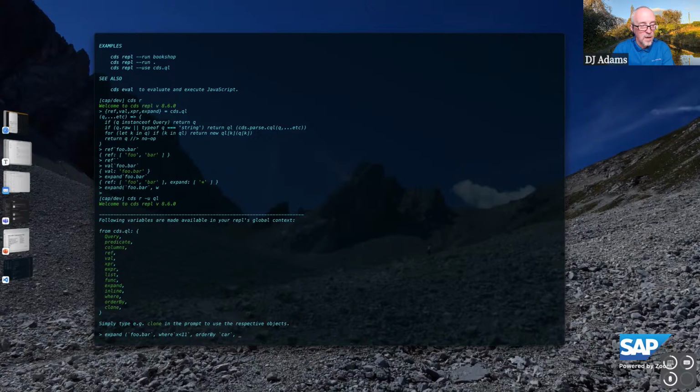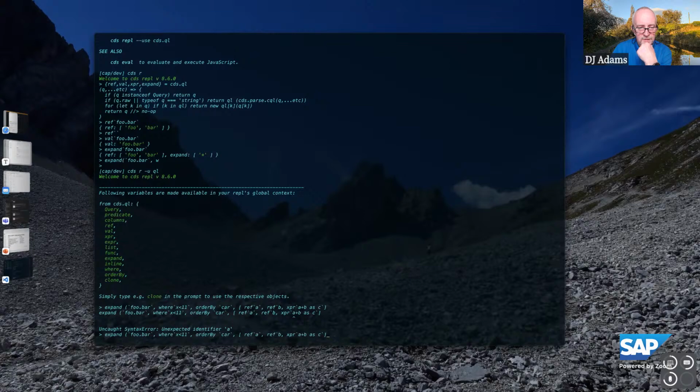And what do I want to expand? Well, let's say the reference A and the reference to B and a value, or let's say an expression, A plus B as C.